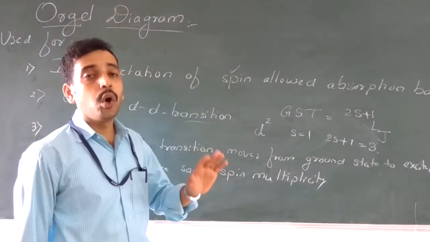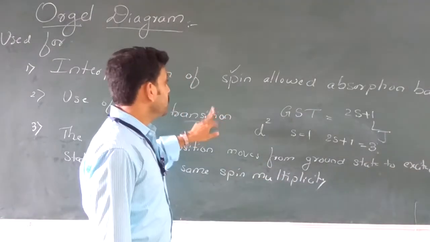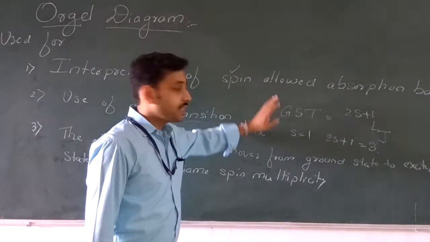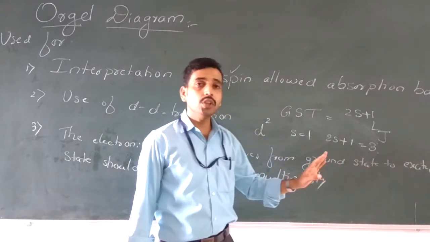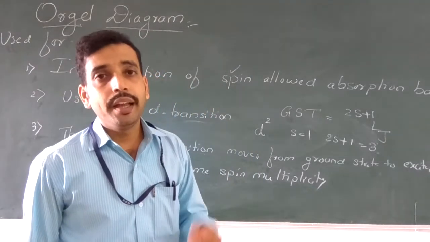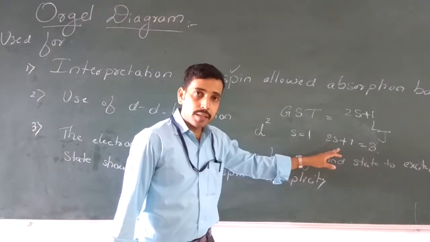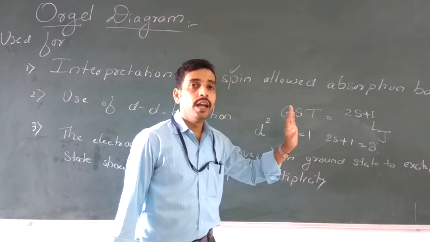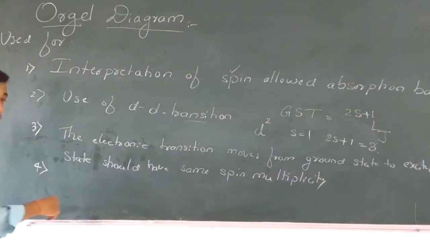For a spin allowed transition, 2S plus 1 should be the same, because in a system with S equal to 1, 2, 3, the spin multiplicity should be the same in the ground and excited energy levels. And the next point, the fourth point, is that it